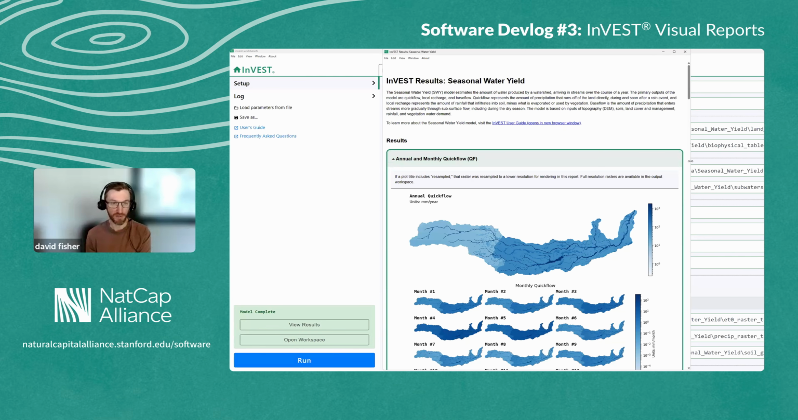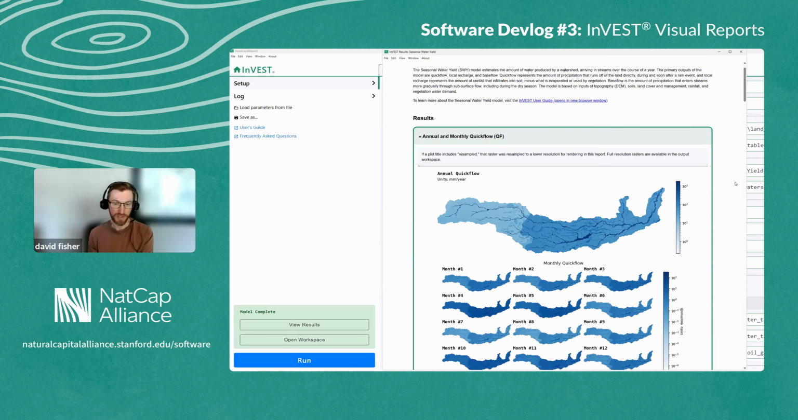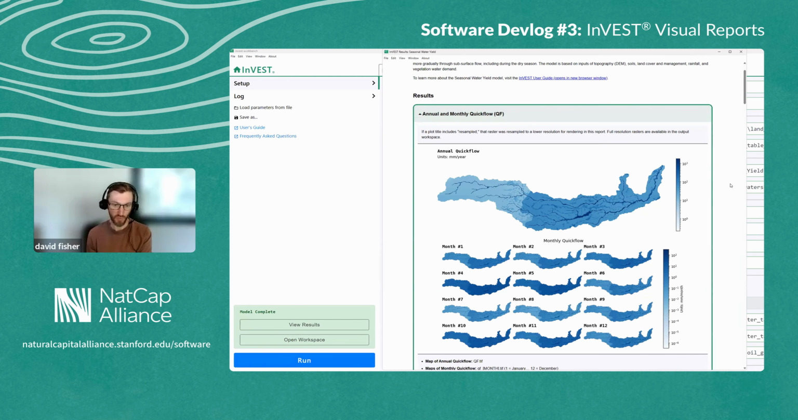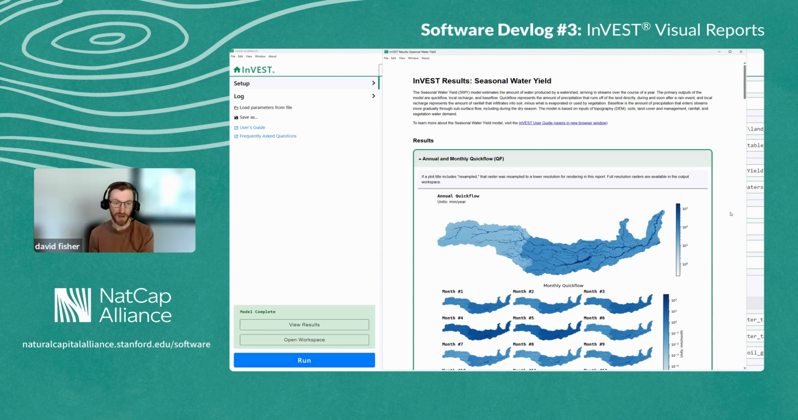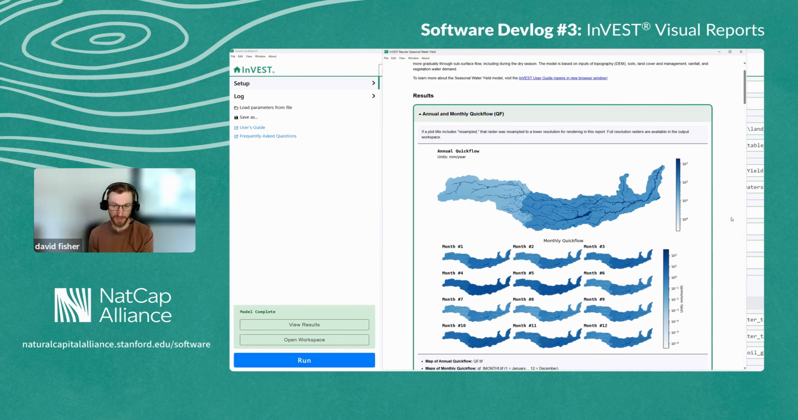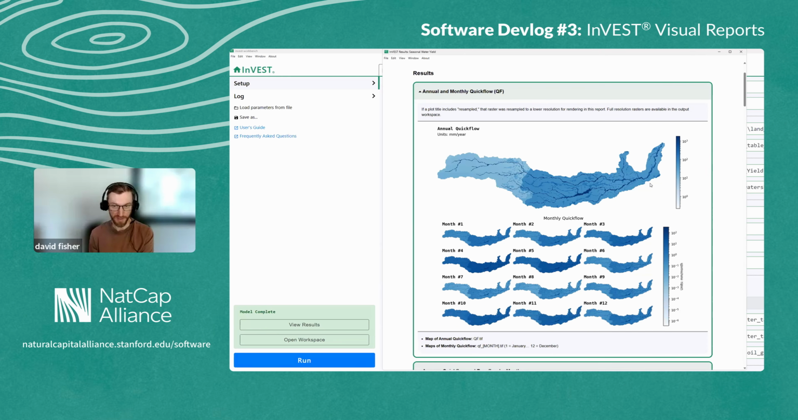calculates metrics such as quick flow and base flow as a function of the land cover type and some other biophysical parameters. So here the headline result of this model is this metric of quick flow in millimeters per year across the landscape. And you can see the annual total, monthly totals here,